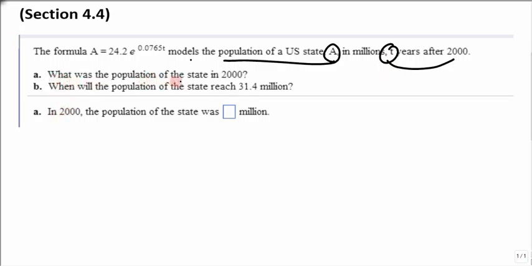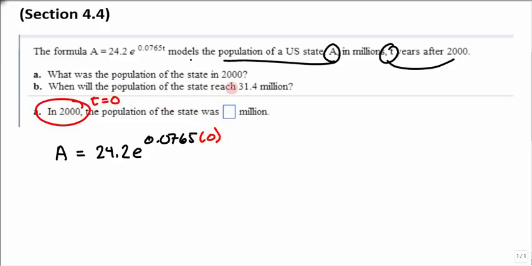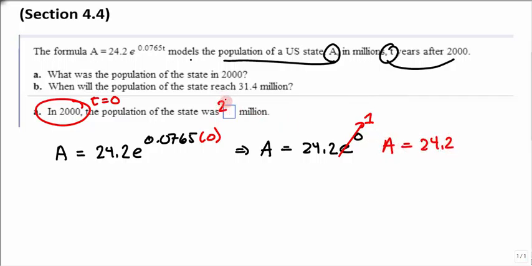It says, what was the population of the state in 2000? Okay, so A is the population, so the variable that I need to plug in for here is t. Now, what was the population of the state in the year 2000? 2000 is 0 years after 2000, so I'd have t equals 0. So I'd plug in a 0 up here. Solving, I'd have A equal 24.2 times e to the 0, because 0 times anything is 0. Well, we know e to the 0 is 1,